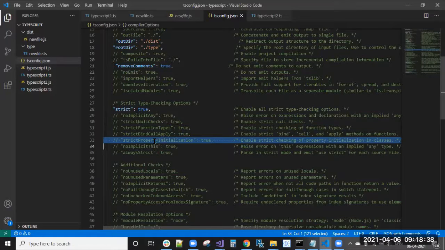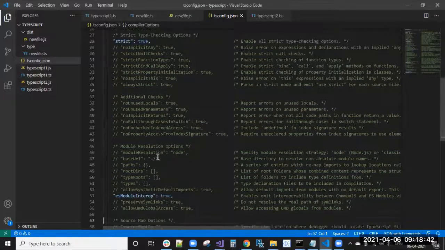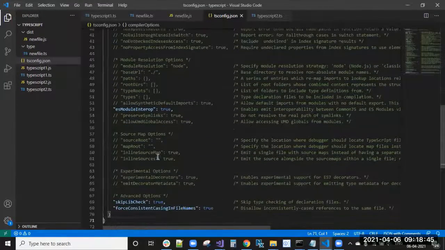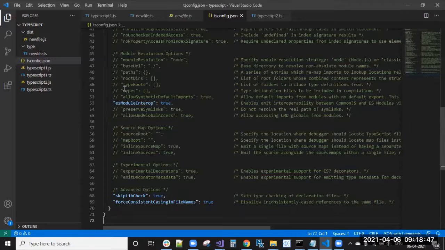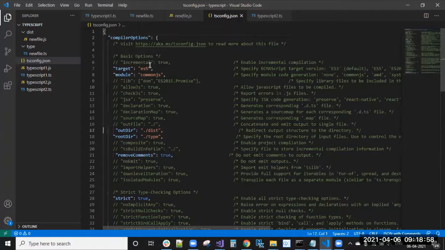Then module resolution options, baseUrl, rootDirs, and so on. These are the default TypeScript options, guys. You need to know these, and that's enough.